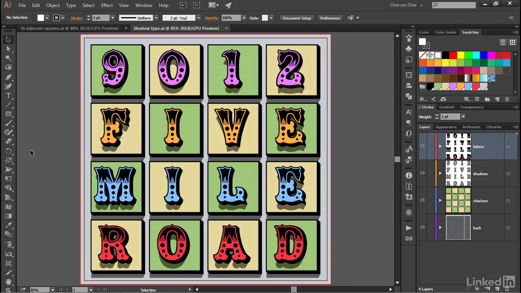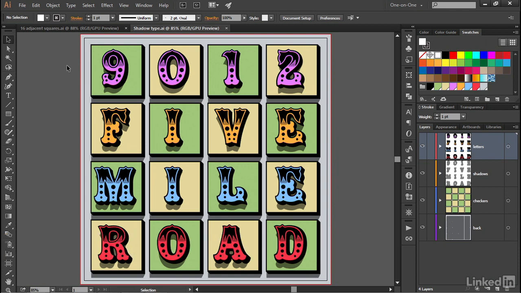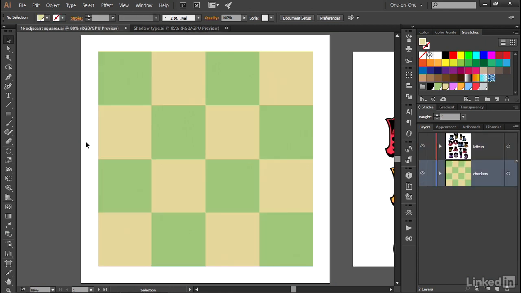In this movie, I'll show you how to distribute selected objects so that there's a specific amount of room between each object and its neighbors. And so you can see here in the final version of the artwork that we have an even amount of space between each one of our squares, as opposed to having them all absolutely adjacent to each other as they